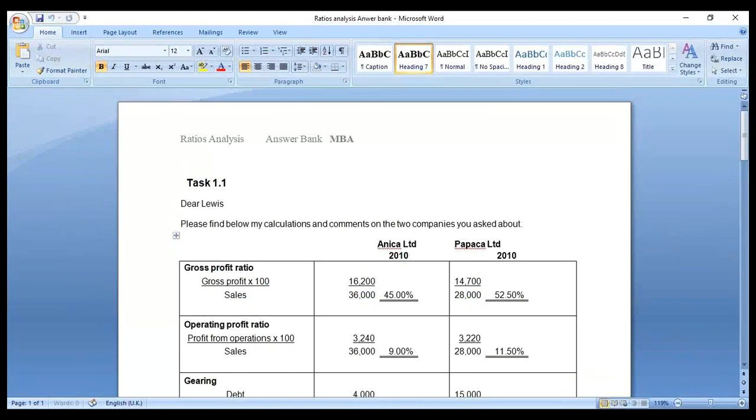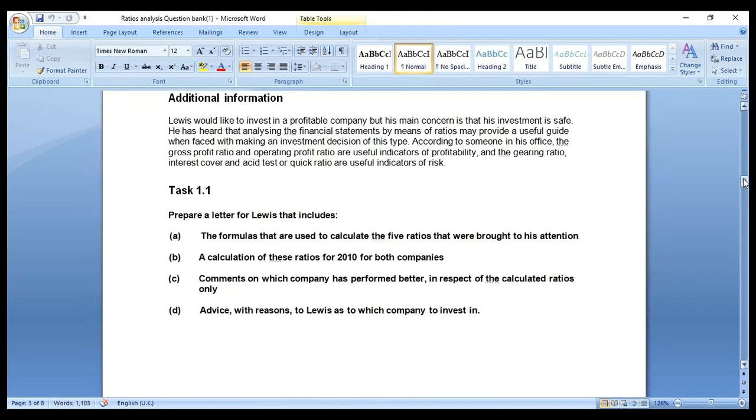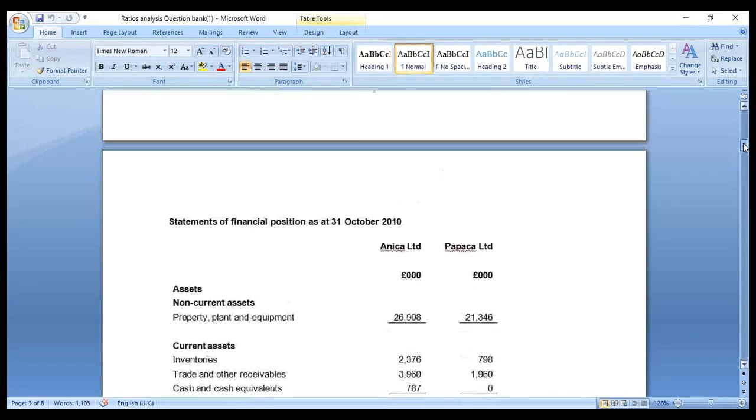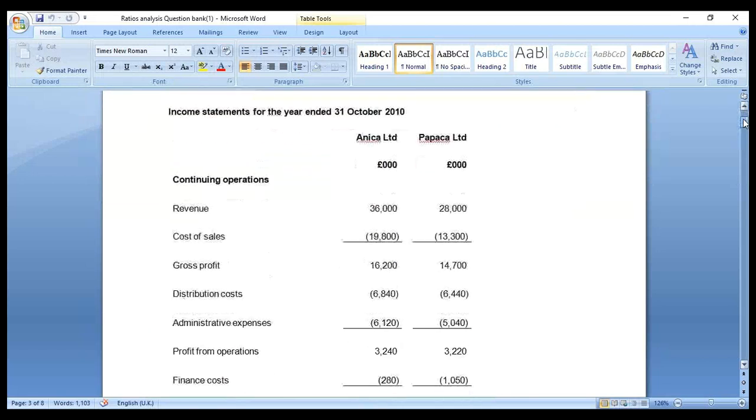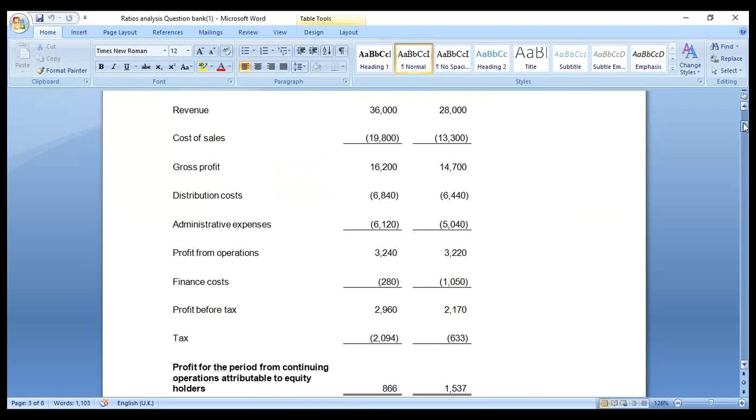So as we discussed earlier, Paprika and Anika, their figures. Let's quickly show you first. We've been given the question, and we need to calculate the ratios. We have all the figures. So if we want to calculate gross profit margin,